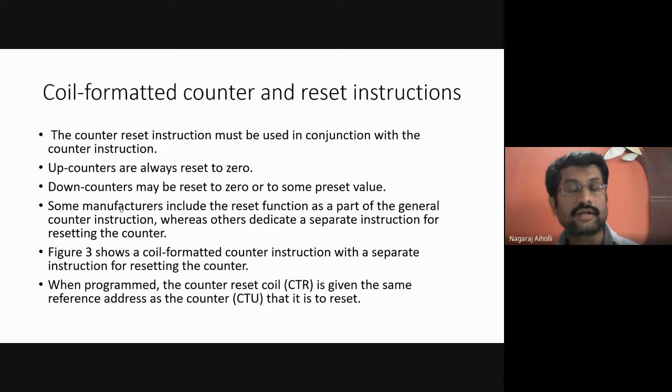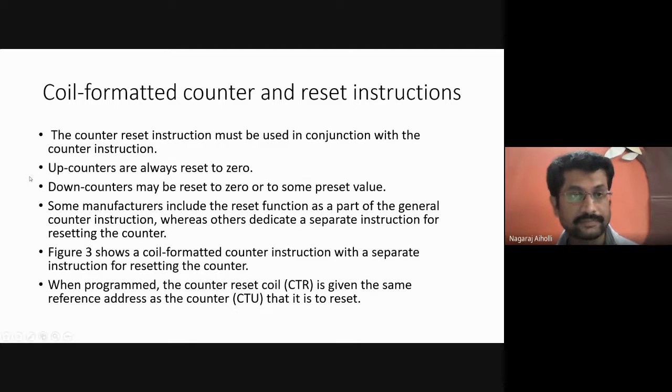But in case of counters, if it is a counting operation, it will count to the maximum value. Say it is going from 1 to 55, it counts from 1 to 55. After 55, it will not come to 0, it will retain that value 55. But in timer, what will happen? Once the timer reaches 55, again it will come back to 1. Here the point is that when you apply the reset signal in case of timers, it is resetting to 0. I'll come to that in 1 minute.